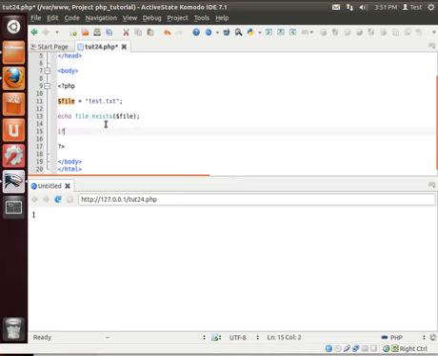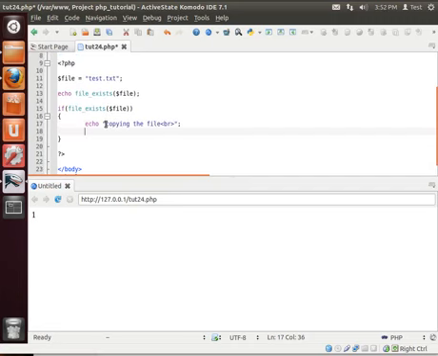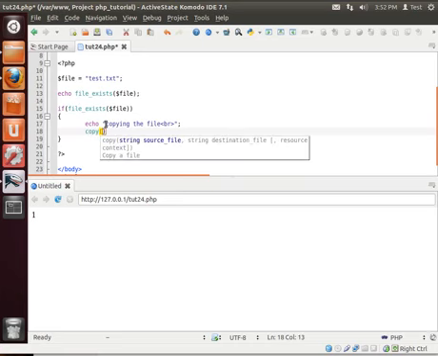So then you can write code like, if file exists, file, copying the file. Then you can say copy. Notice how it wants a source and a destination, so the source will be